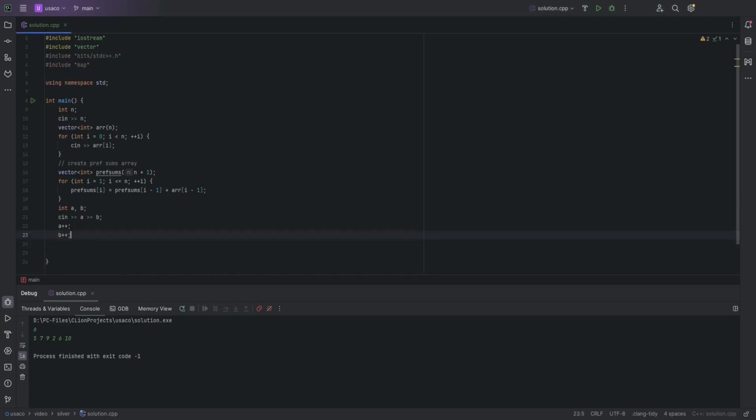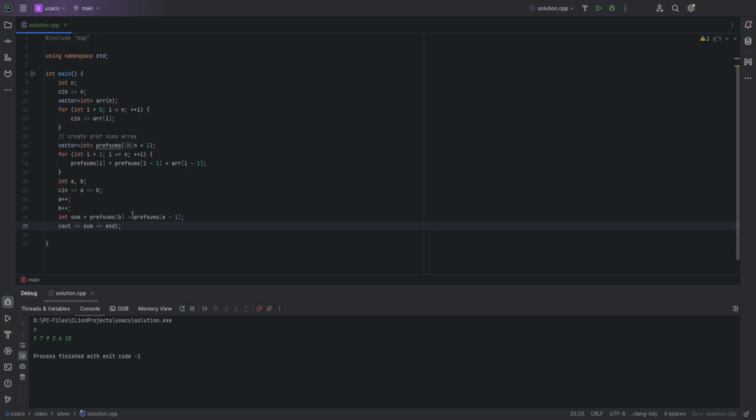So now that these queries are 1 indexed, we can create a sum, which is going to be prefix sums of the second range, b, minus the prefix sums of the first range minus 1. And then we're going to print out our sum, and boom. So let's run this,